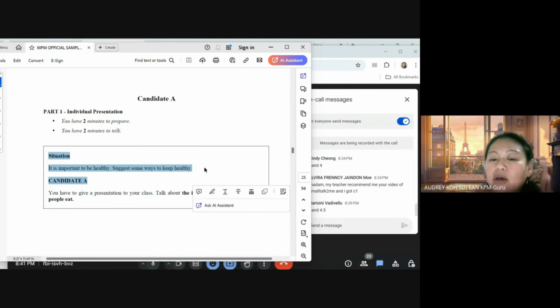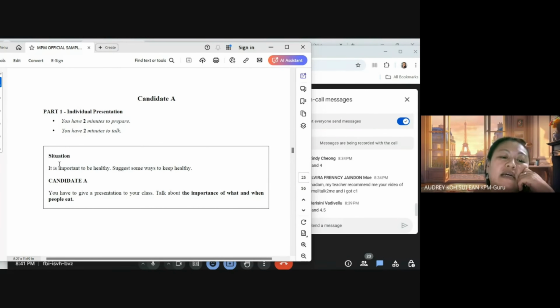Okay. So now you know that task A looks deceivingly easy, because the content should not be very unfamiliar. Basically, it should be familiar because it is set at A2 and B1 level. All right. You have to give a presentation to your class. Please do not say presentation with the wrong stress. The correct pronunciation is actually with the third stress, presentation. I can't stand it when teachers also say it wrongly. Oh my God, drives me crazy.